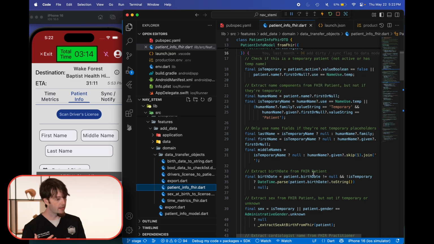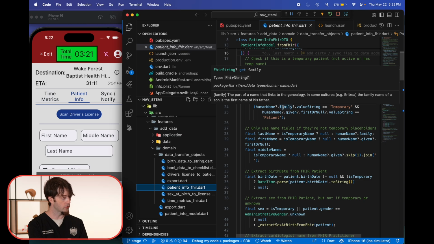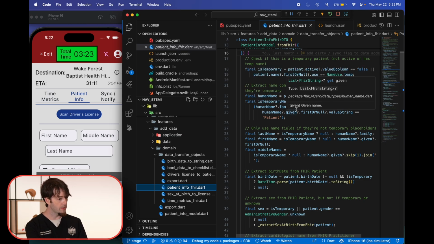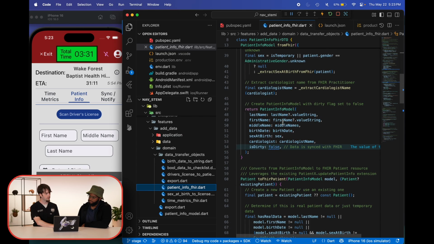And then you may have the family name or given names, where family is going to be a single string, and given is going to be a list of strings. So if you have a first name and a middle name, and then the last name, this is how we're doing all of that conversion.